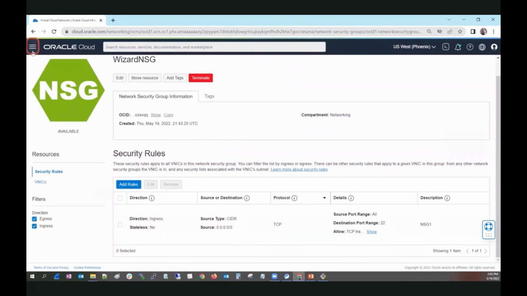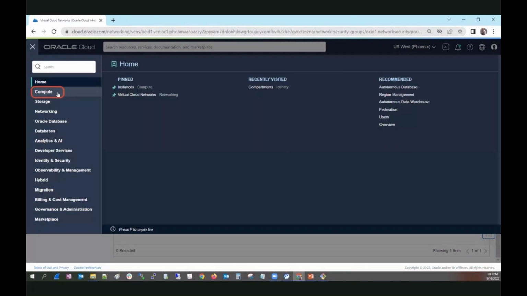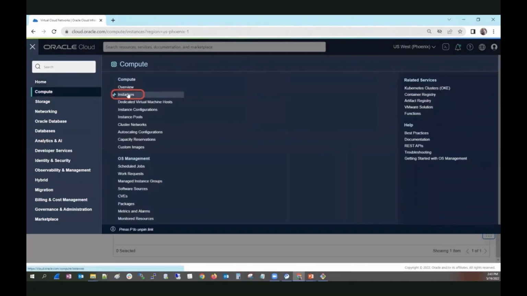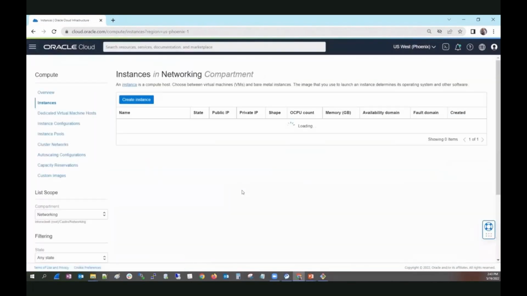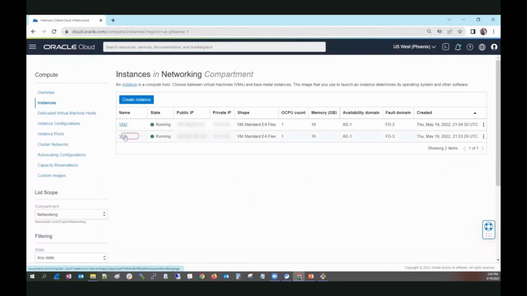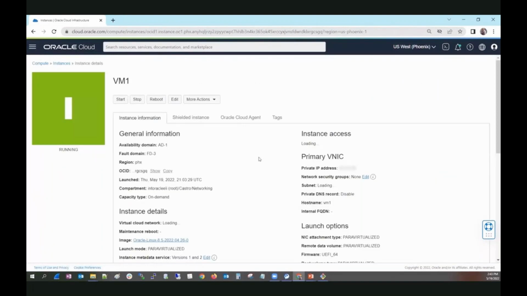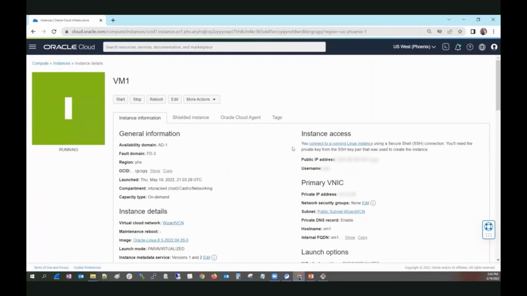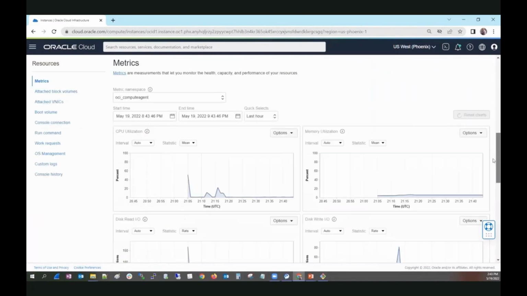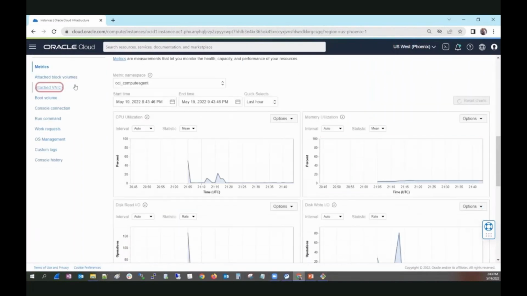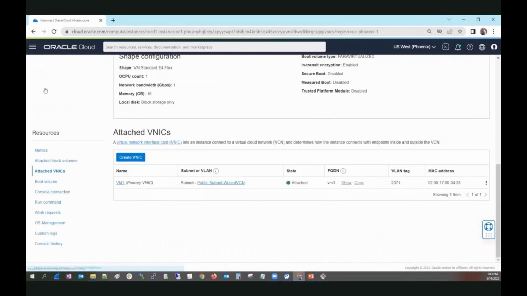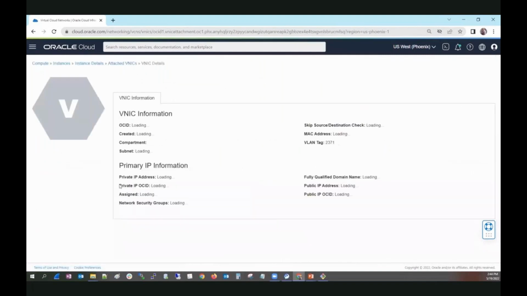So this is what we are going to be doing right now. You go into the instances, and I'm going to add this to my virtual machine 1. So the VNIC, in order to find the VNIC, you scroll all the way down, and here you'll see the attached VNICs. And we have one, the one that was created by default when you create the compute instance. You click on it, and then